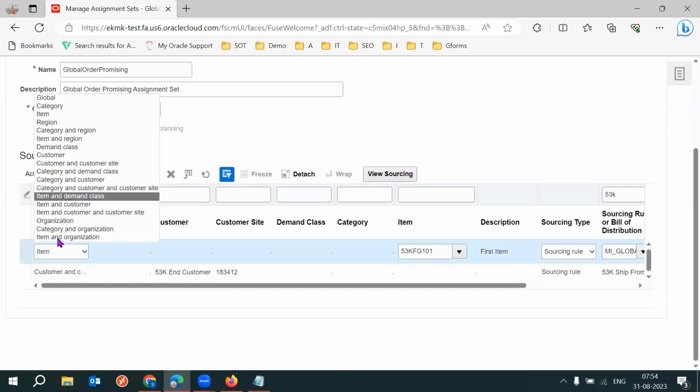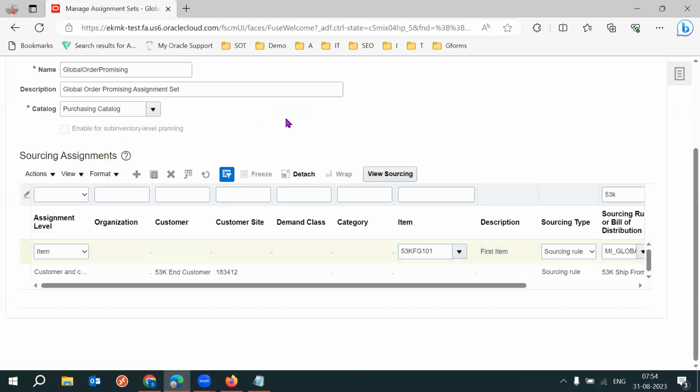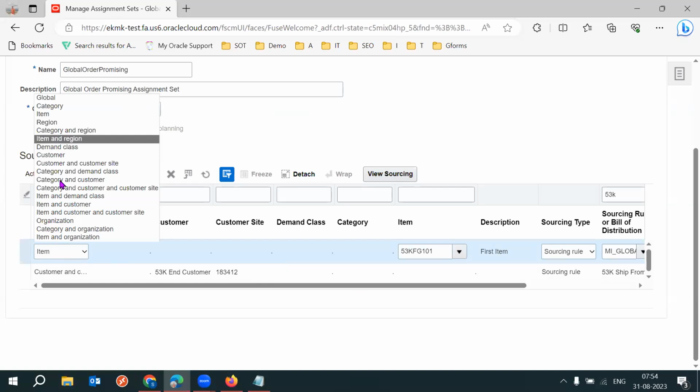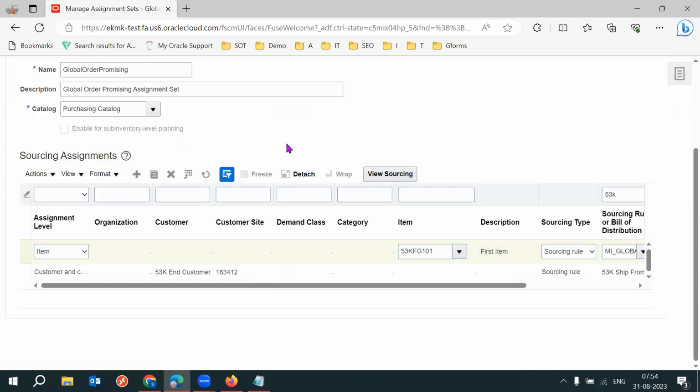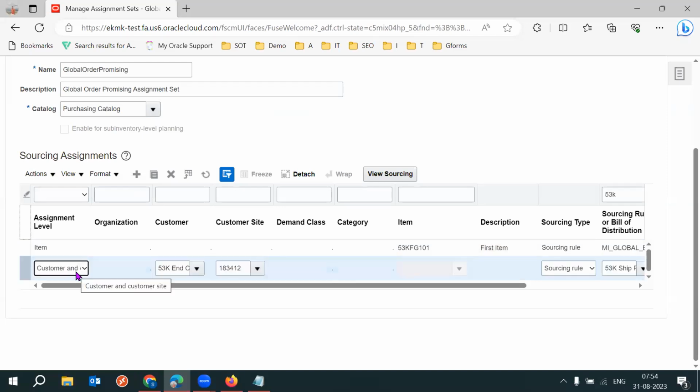So all these conditions have the preference when you are defining the sourcing rule setup in real time. Suppose if you have these kinds of clashing conditions, then please verify the preferences of these conditions. As per my knowledge, out of these two conditions, customer and customer site is the first preference